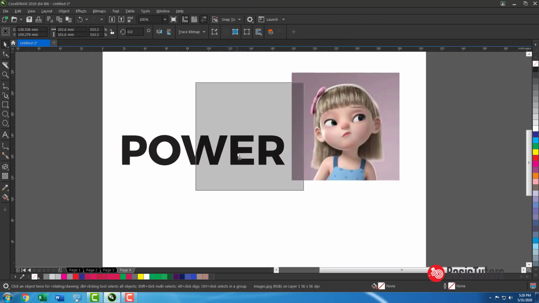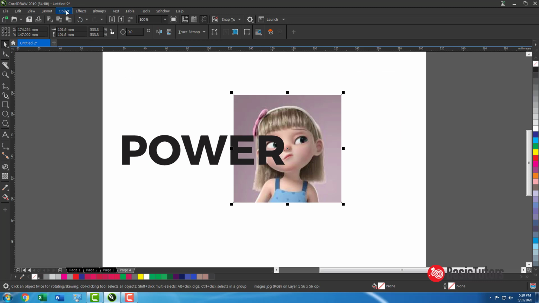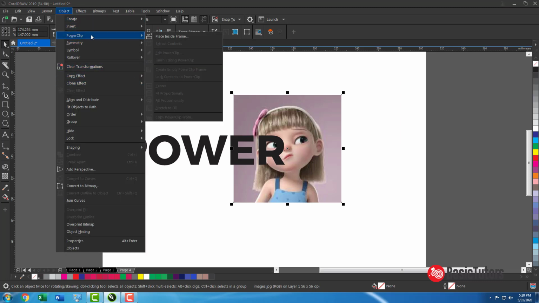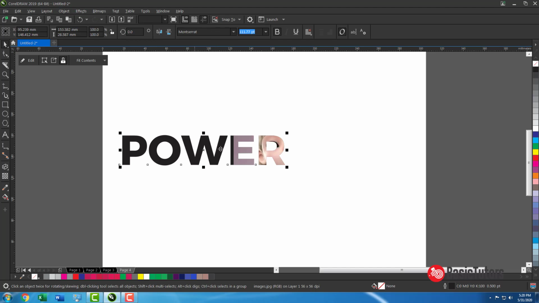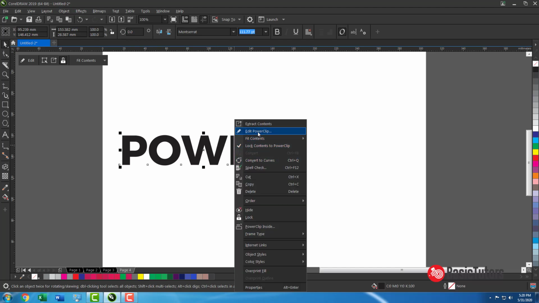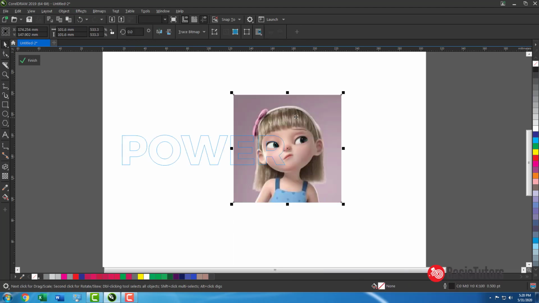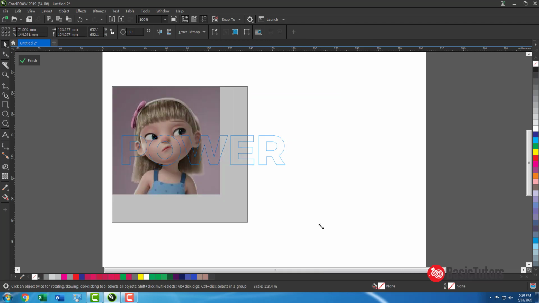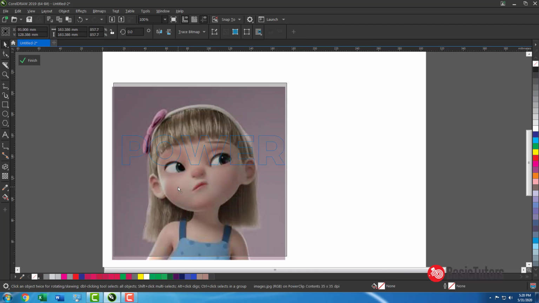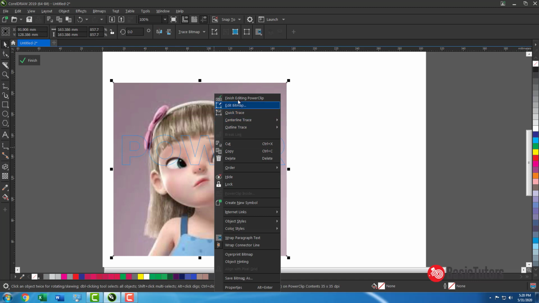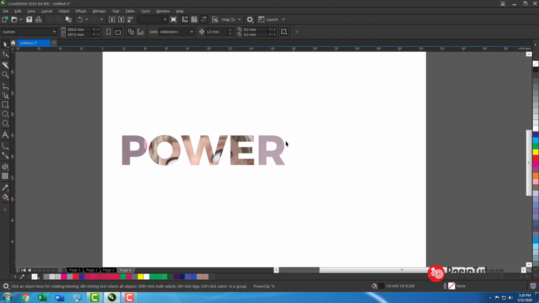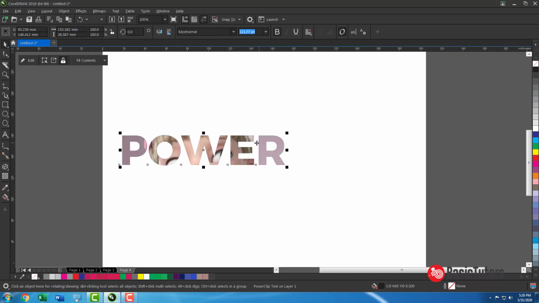If you want to place this object into another object, I need to use this power clip. Inside frame, this frame, edit power clip. After editing, I can use finish editing power clip. This is all about power clip.